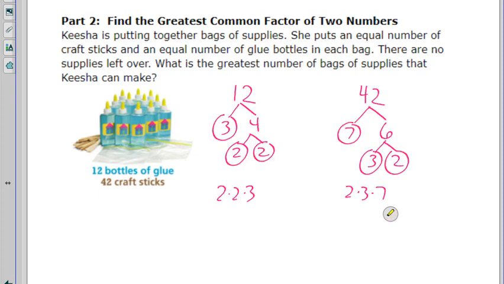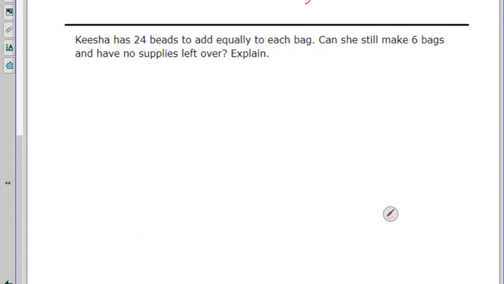Let's do this. So here's the prime factorization of both numbers. And let's look for the numbers that they share. They both have a 2. 12 has another 2, but 42 does not have another 2. But 12 has a 3, and so does 42. And so that's it. 42 has a 7, but 12 does not. And so the greatest common factor is 2 times 3, or 6. So we can make 6 bags. That means each bag would have 2 bottles of glue and 7 craft sticks. Okay, knowing that we have 6 bags,